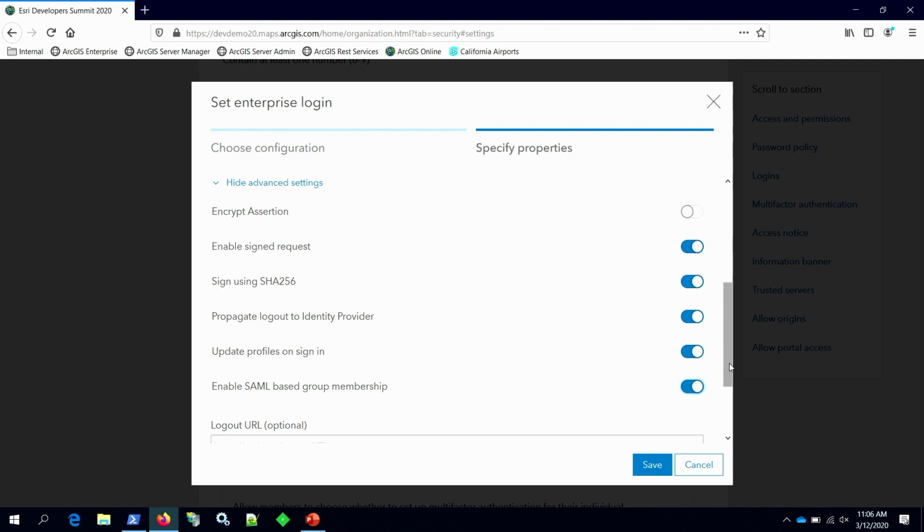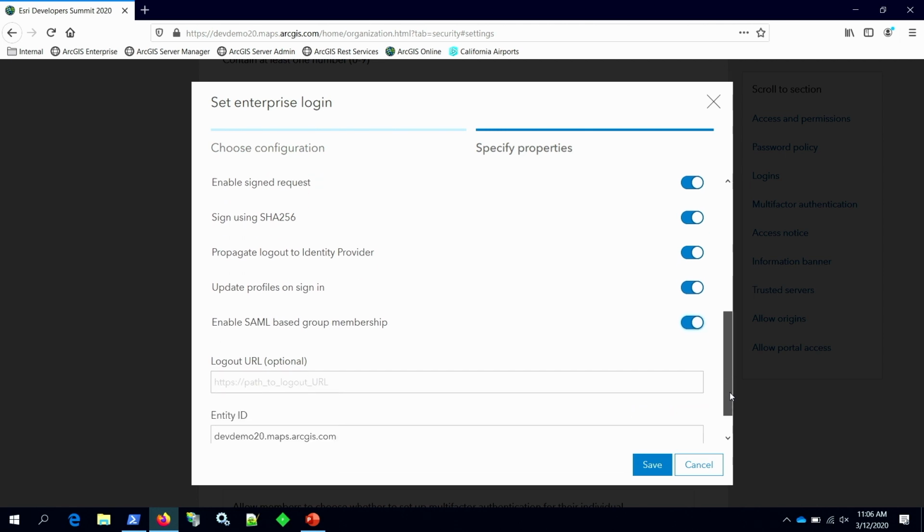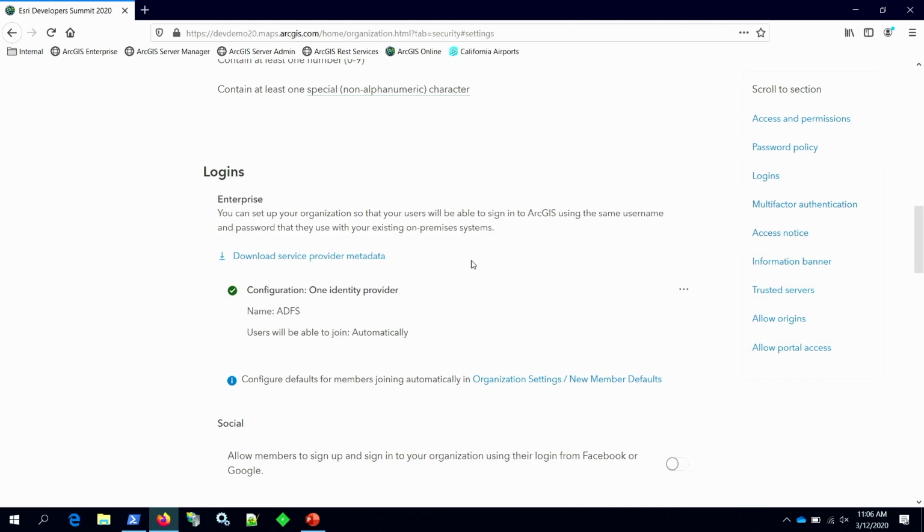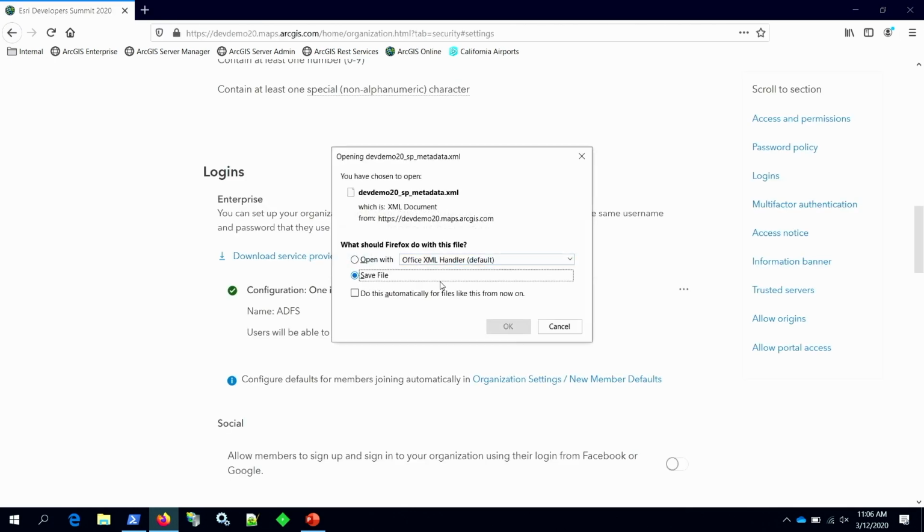I've already created a group linked to an enterprise group within my identity provider. So I'm going to select these and hit save. Everything looks good. Now the second step is to download the service provider metadata. When you click on that, it generates a file for you. You save this file. This file you need to give to your IT department or whoever's in charge of the